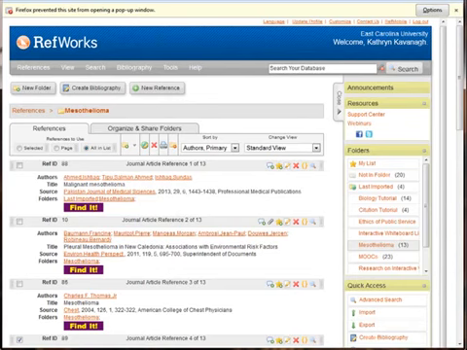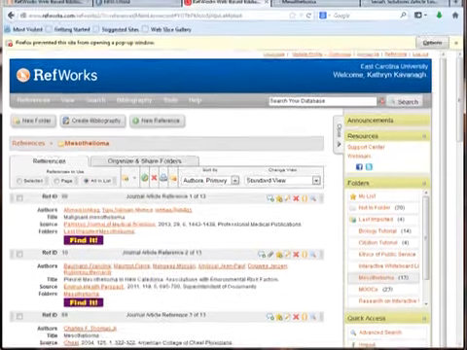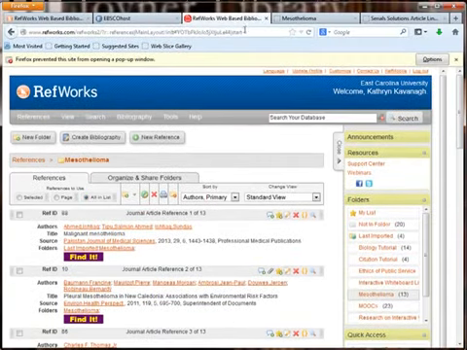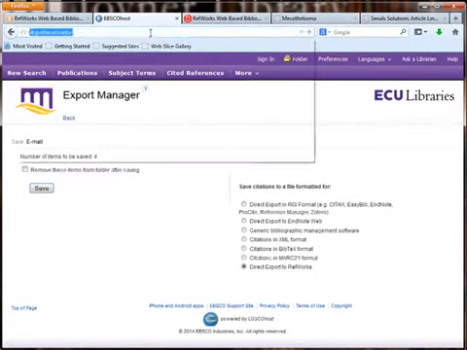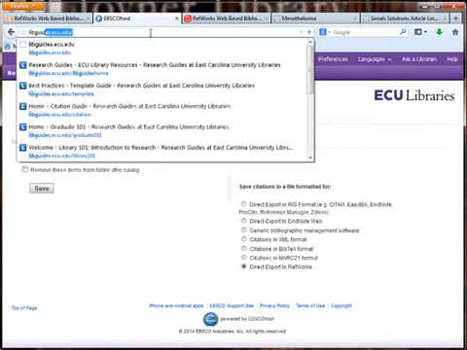If you want to learn more about that or any other RefWorks product, they do have a number of really great tutorials. And so this is just a basic overview of RefWorks while you're at ECU. If you want to learn more about this, there are options for doing that. I have a number of tutorials linked on our Graduate 101 research tutorial. I'm going to shrink this page and go there with you now. It's under LibGuides,